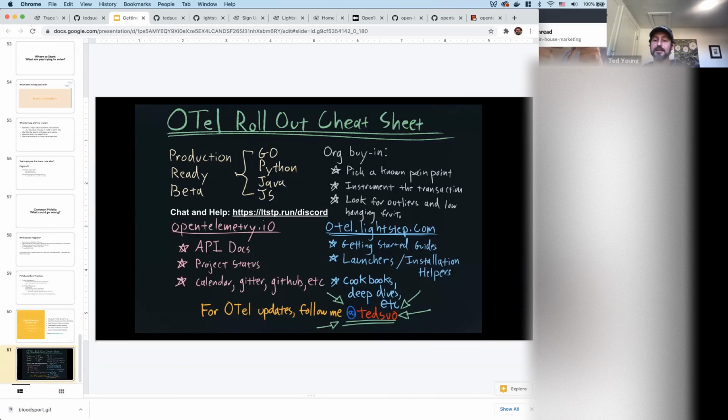And they may contain, I've yet to see a proprietary exporter, but they most certainly contain exporters and other code that's specific to a backend. AWS is an example. They released their own distro recently, and part of why they needed to do that is when you connect to X-Ray, they have their own data format that nobody else cares about, and they have their own sampling algorithm.